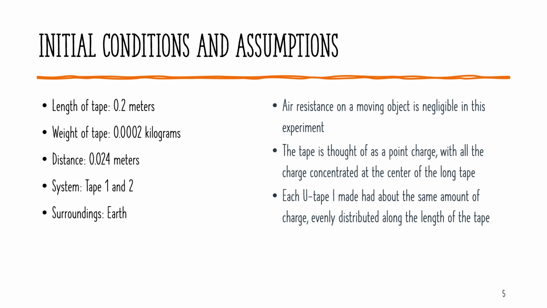Initial conditions and assumptions. The length of my tape was 0.2 meters, the weight of the tape was 0.0002 kilograms, the distance between the two pieces of tape was 0.024 meters, the system was tape 1 and 2, and the surroundings were the earth. The assumptions that we had were that the air resistance on a moving object is negligible